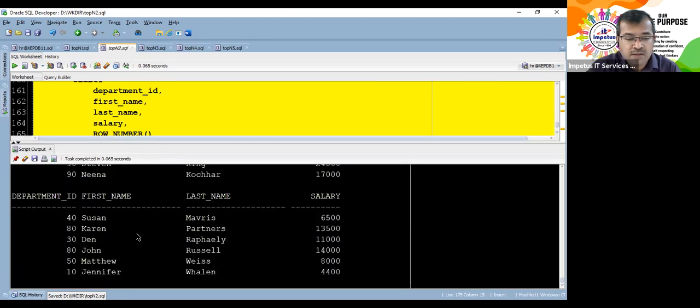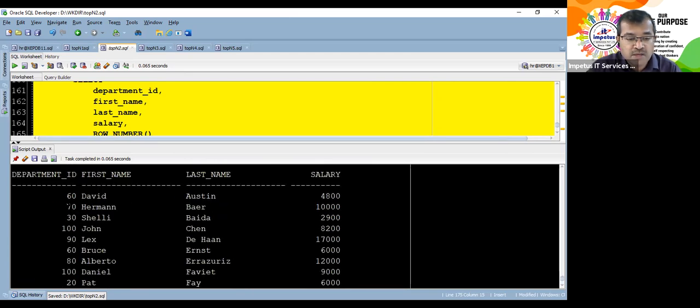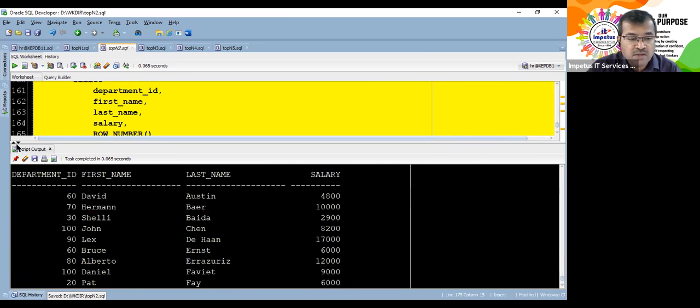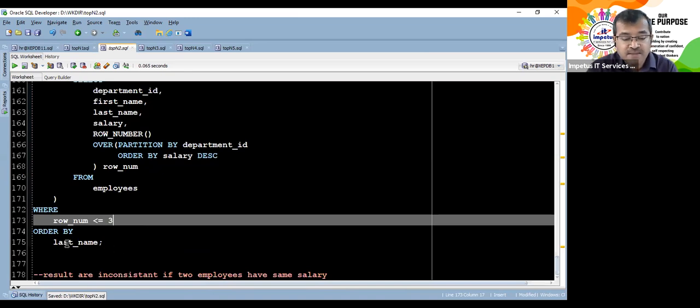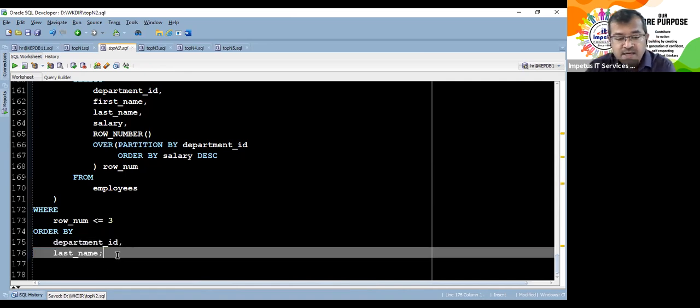Here we go. Let's look at 80. Here it has got displayed, but the result has not been ordered by the department numbers. So that was not good. So we will have to order it. It is ordered by last name. We don't want to order by last name, first according to department number. And if I don't say within which department ID, salary, let's see this.